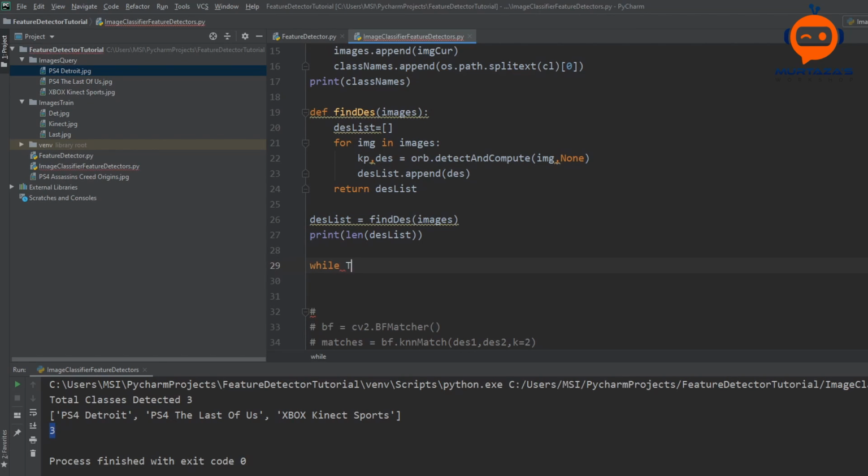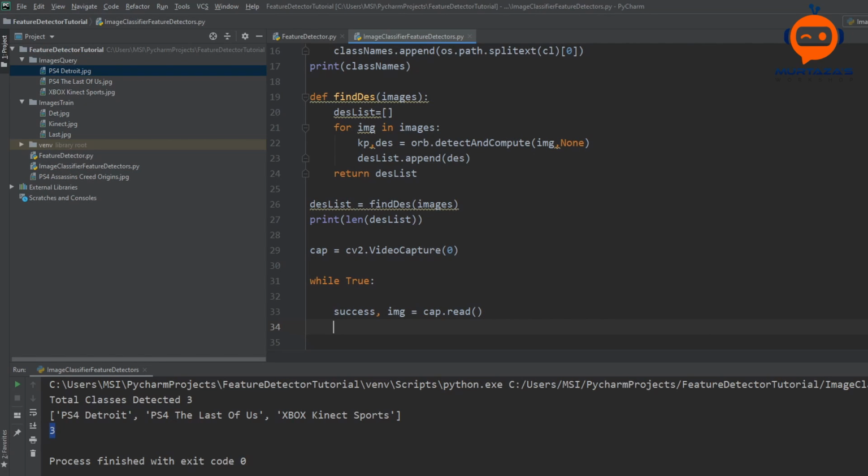So we will say while true, we are going to get the camera feed, and for the camera we have to write cap is equal to cv2.VideoCapture, and we are going to use device number 0. Here we will write success, and image is equal to cap.read. And now that we have the image, we are going to convert it into grayscale. Actually, let's copy it, because we want to see the colored image at the final output. So we will say image original is equal to img2.copy. So let's put this as image2,